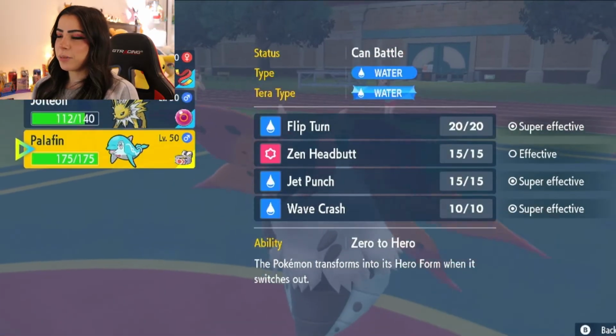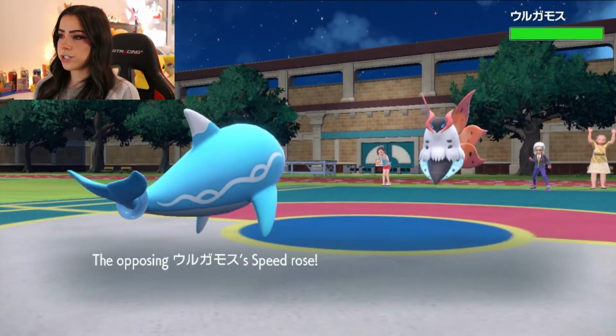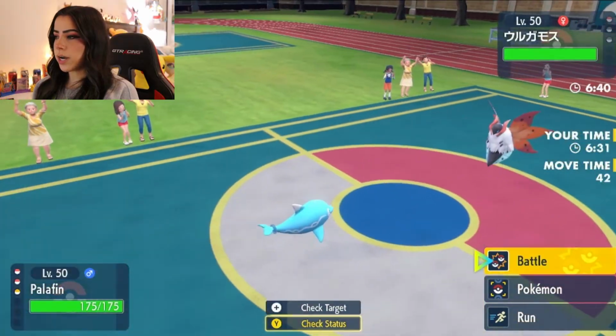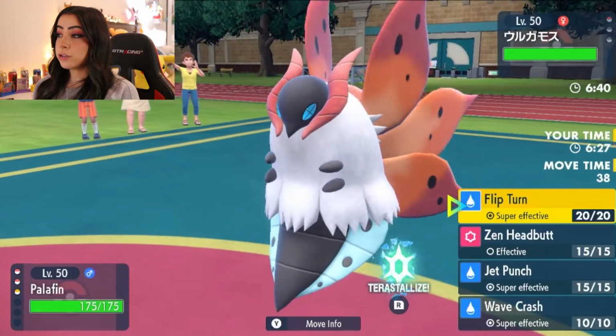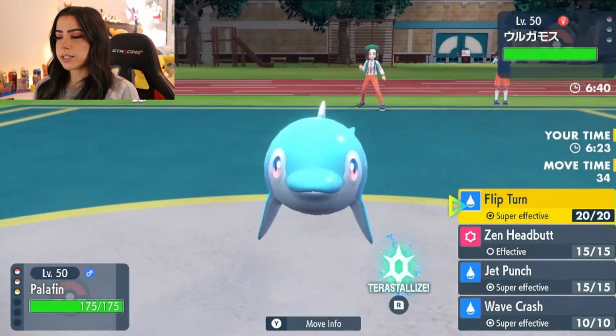Okay, all right, so I'm gonna go ahead and send in Palafin. Okay, it did use Quiver Dance, so that's not ideal. Obviously they're trying to set up. So I think in this case, I have a couple of options. So I can either flip turn out of here, I can Jet Punch to try to take it out ASAP,